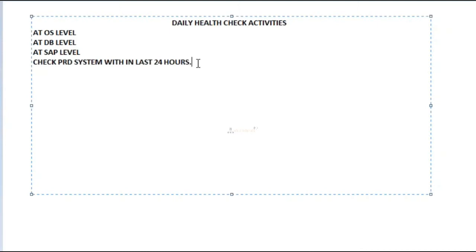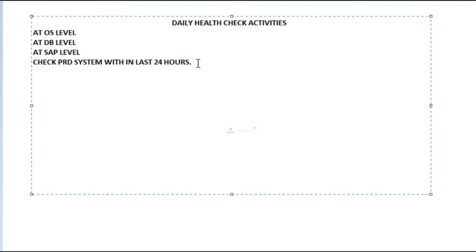Means what is my system response time? How many users are logged in, how many background jobs are completed and how many background jobs are cancelled, what SAP ABAP dumps have occurred in the last 24 hours, what system logs are generated, and how many updates have failed in the last 24 hours.